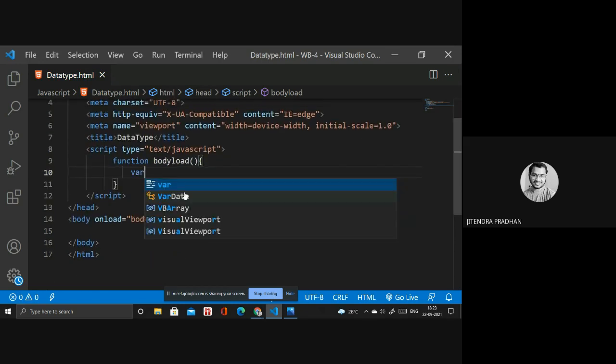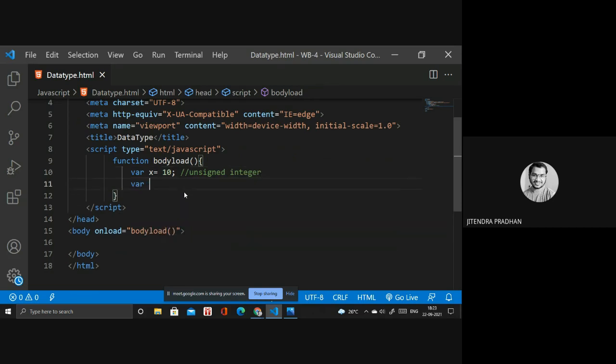So if I give a variable x equal 10, this one is an unsigned integer. If I write variable x equal minus 10, it's a signed integer.